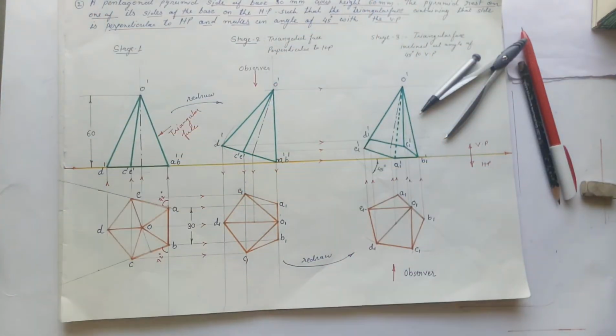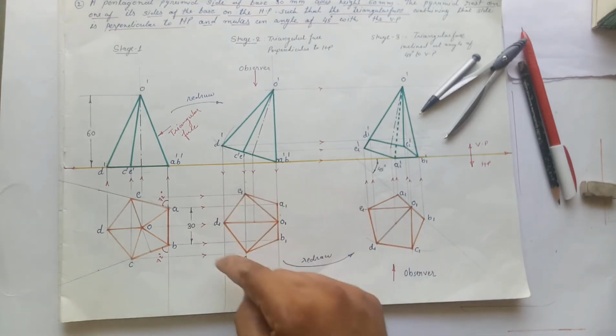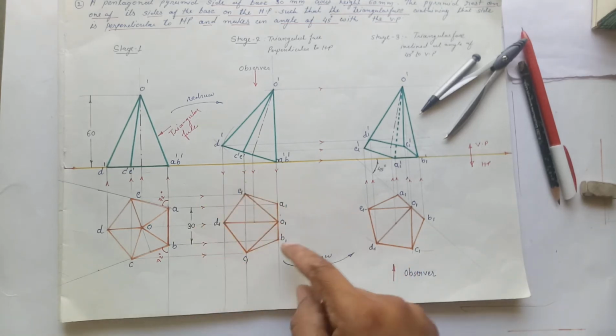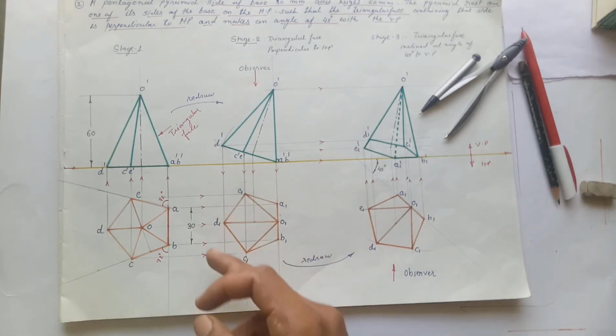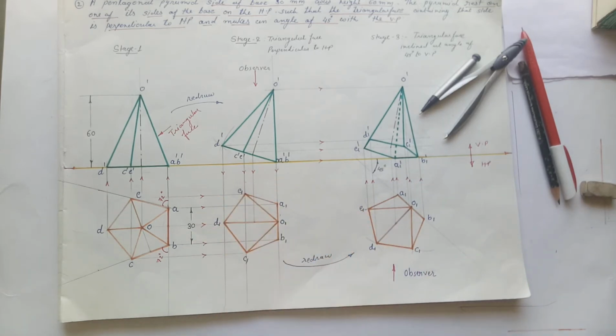Now comes the plan. Here we are going to discuss the second case of drawing the plan, in which we have to find out the hidden outlines and visible outlines. But in this case, none of the base edges and none of the slant edges is going to be hidden. How can we find out this case in which none of the base edges and none of the slant edges is going to be hidden?